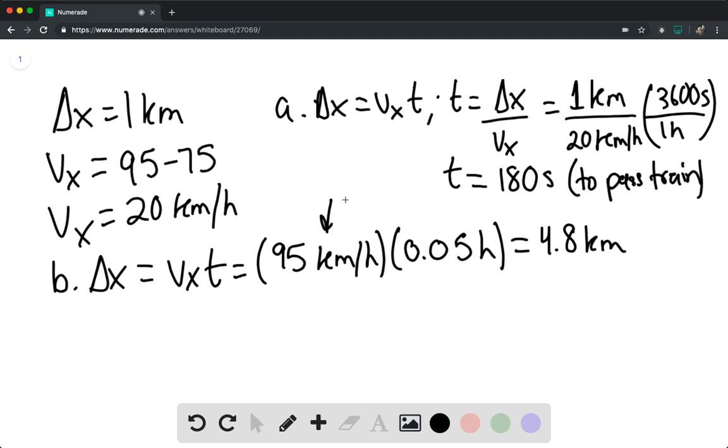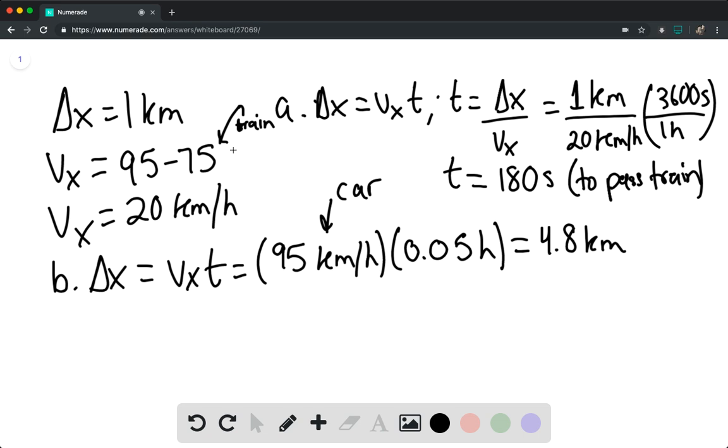So this being the speed of the car, and then this being the speed of the train, right here, we're essentially trying to find how far the car traveled in that 0.05 hours while it was passing